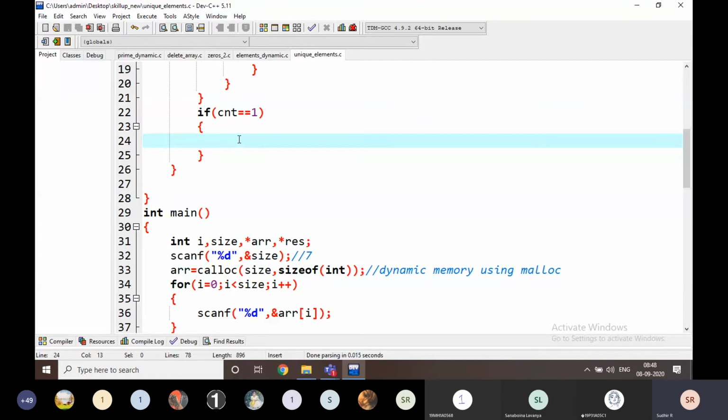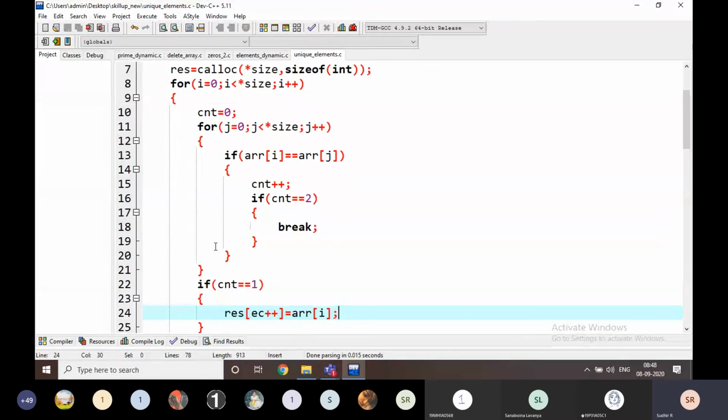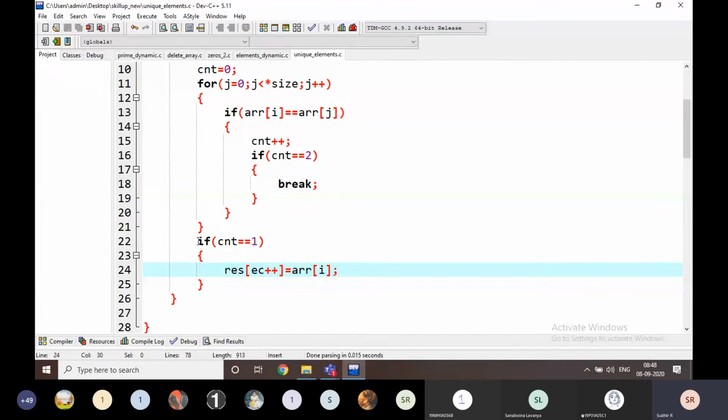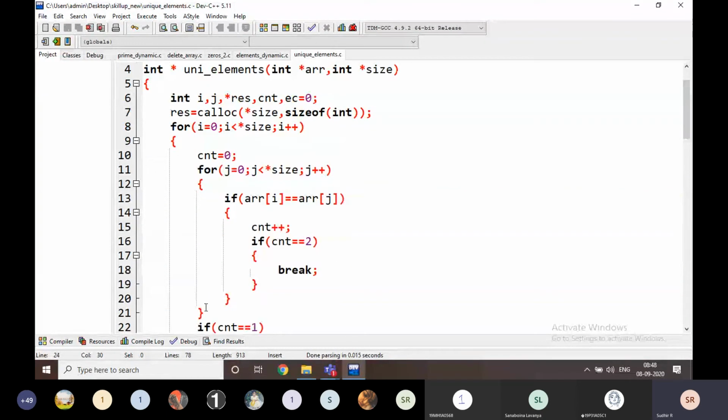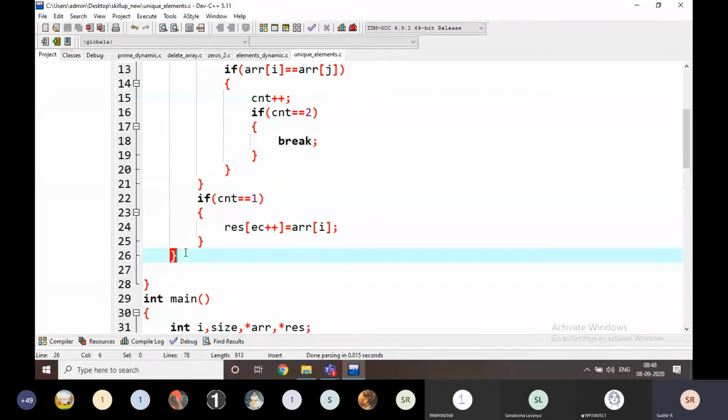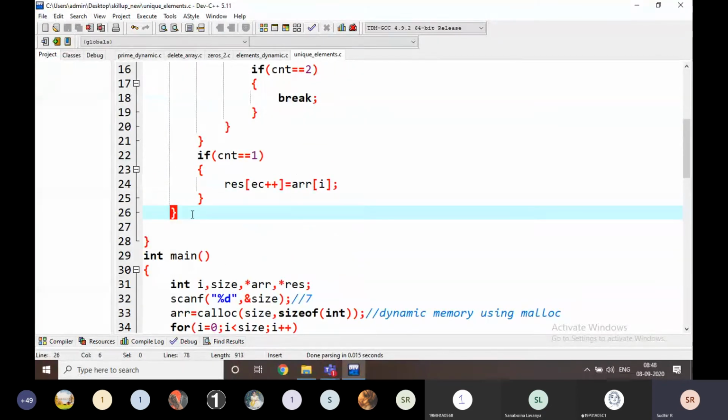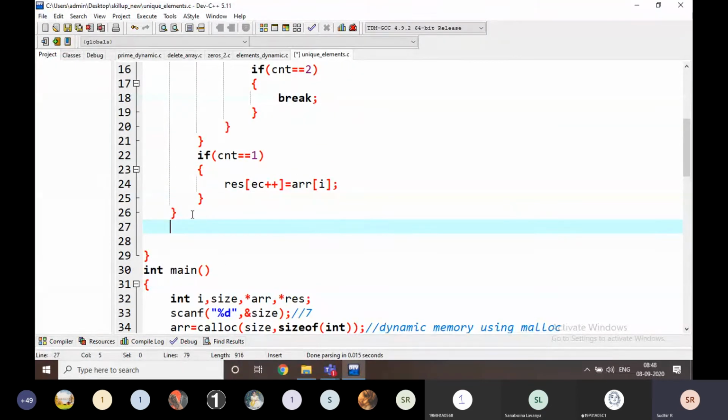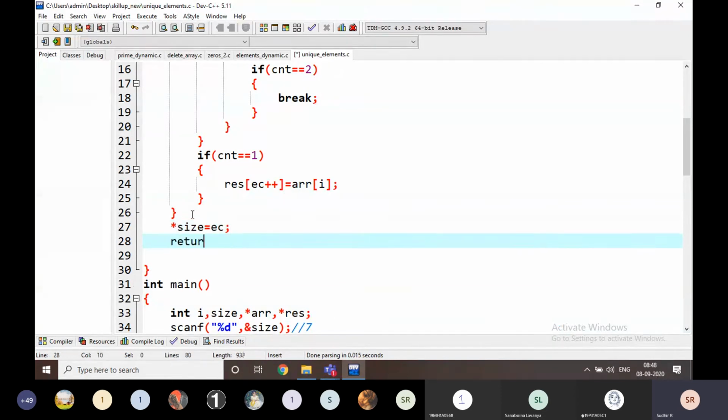Then result of ec++ is equal to arr of i. This is going to be for this one. Okay, right. Here arr size is equal to ec, and return res.